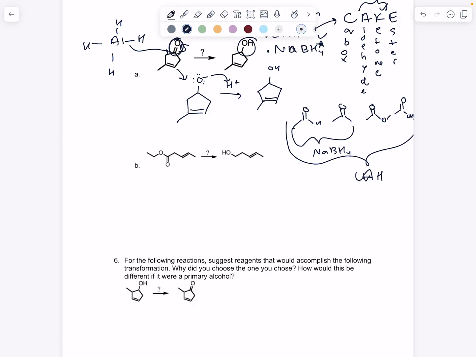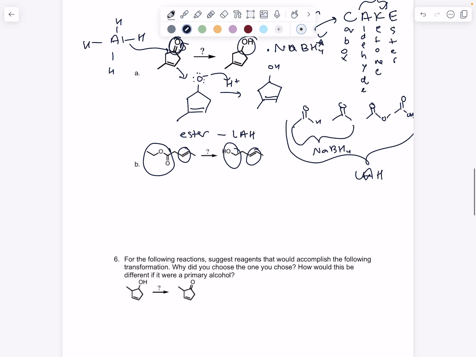Okay, and then the next one is, first I'm noting that there's a double bond that nothing happens to. And then I'm noting that there is an ester that seems to also be reduced. So there's an ester, which means we can use only LAH, right? Because NaBH4 takes a slice of cake, it leaves the E behind. So